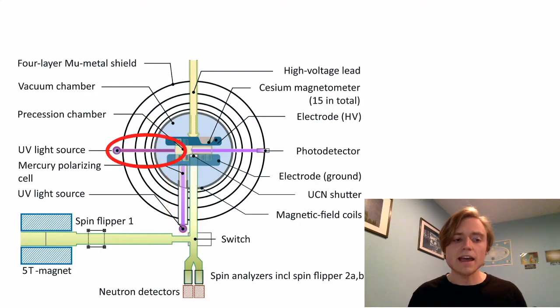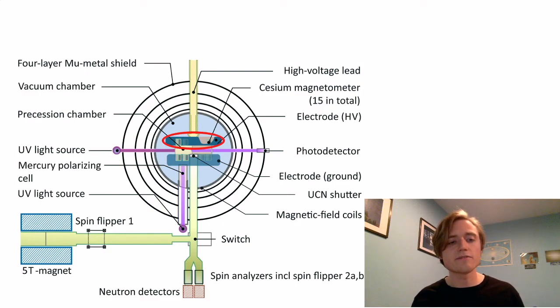And over here we have an ultraviolet light source, which is used to adjust the spin of the neutrons. Above the neutron chamber there is this electrode, which they use to again try and find what the electric dipole might be. And once they've done all of their testing inside of this chamber, the neutrons get funneled out down that tube again towards this detector where they can analyze the spin of the neutrons and detect where they end up. So that's how the experiment works.